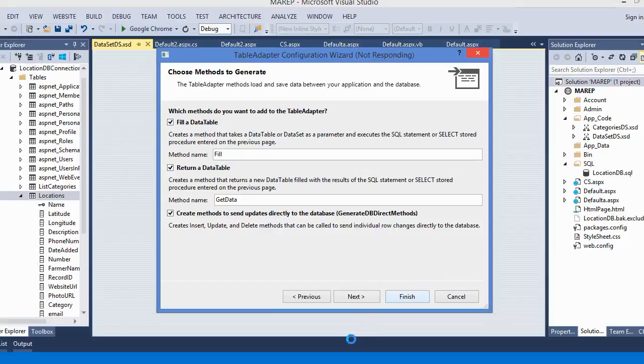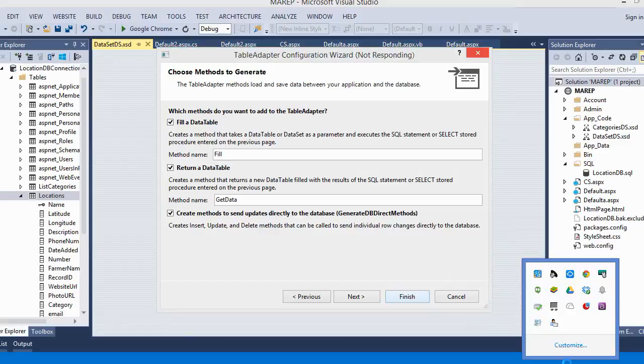My internet is pretty slow, so this process takes a little time, but what it's doing is reflecting on the database and trying to get all what it needs to get in terms of the same thing that we were looking at, the